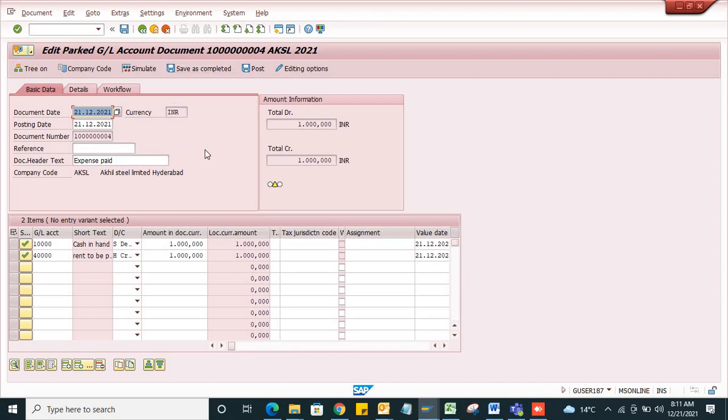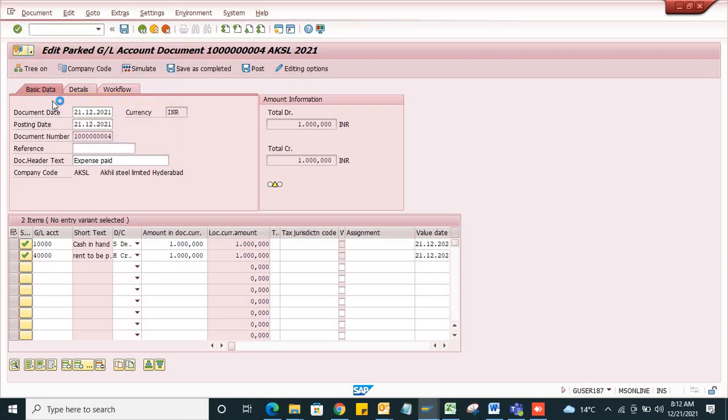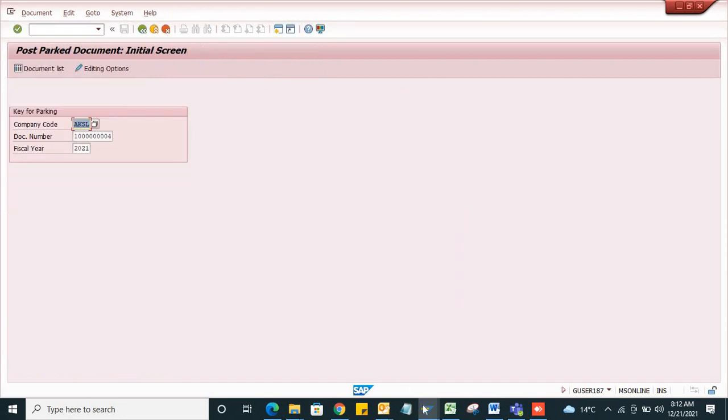Now I will go to the menu bar and click on post. The document is getting posted in SAP. Now this will be reflected in our report.